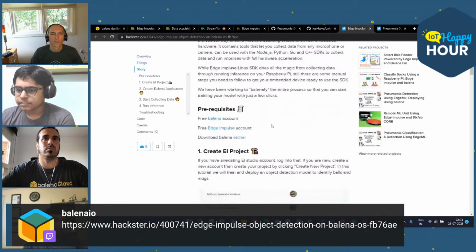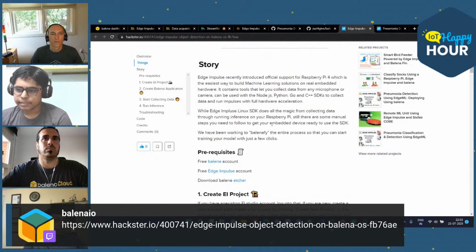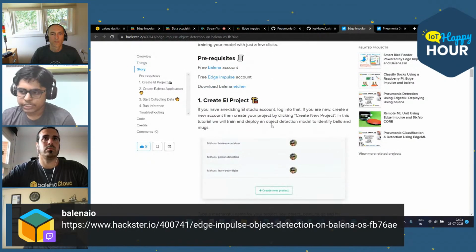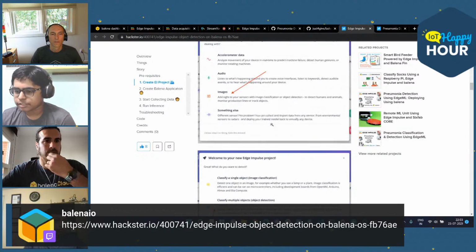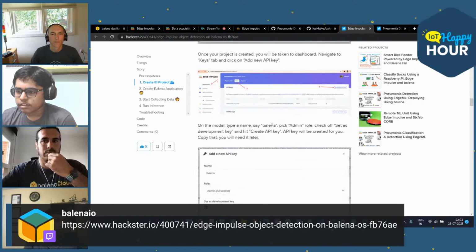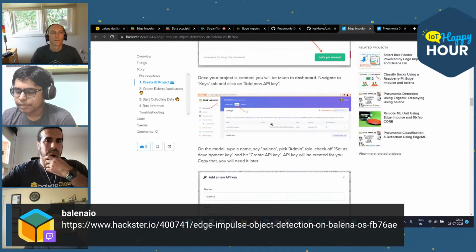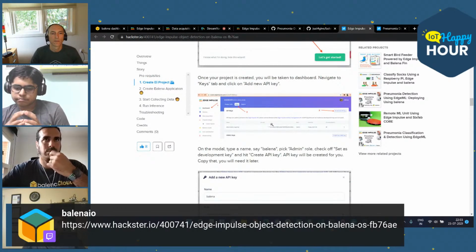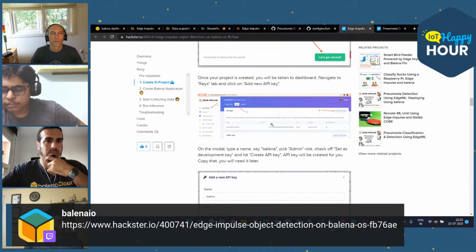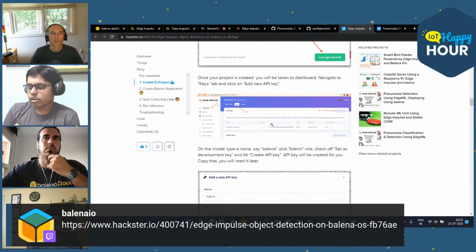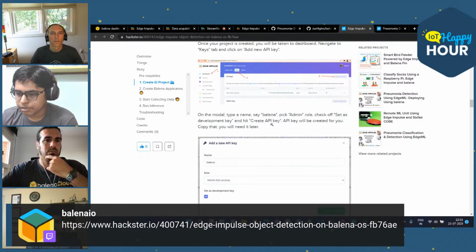So here are the full instructions for it. We have done a Hackster project in which we have seen the various kinds of single board computers you can run this on, and some steps that were laid out by Mithun on how you can get the API key, because the single board computer running Balena will take the API key, and then the API key gives access to the Edge Impulse project on Edge Impulse Studio. From then on, it will take the Edge Impulse .eim model and run it, which we can access locally.